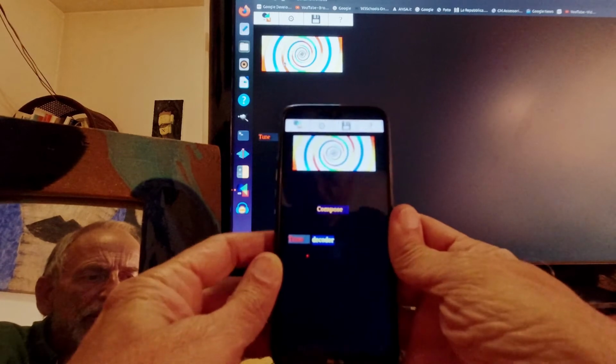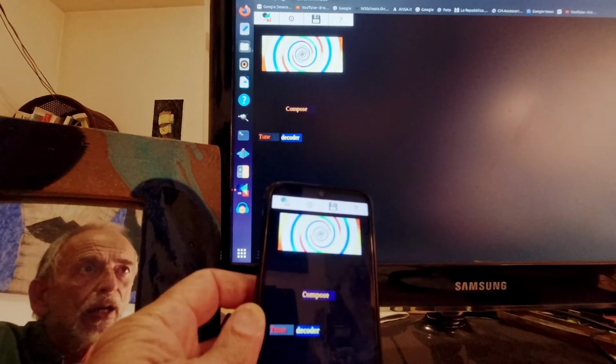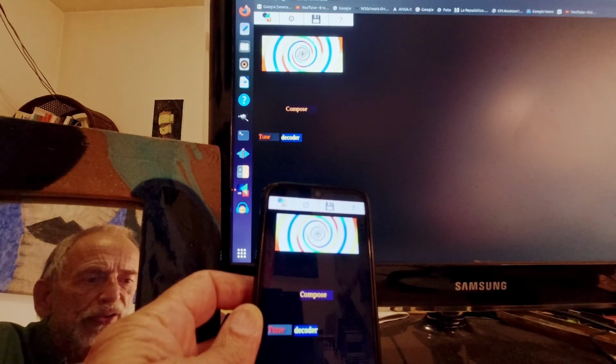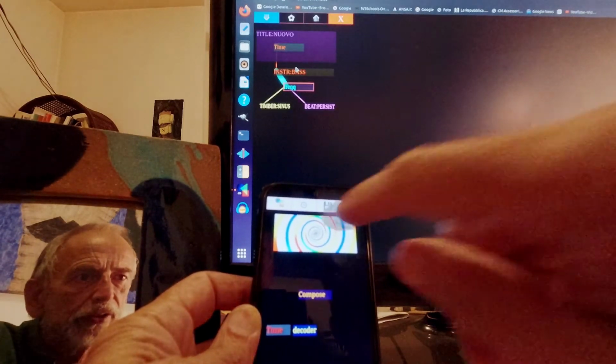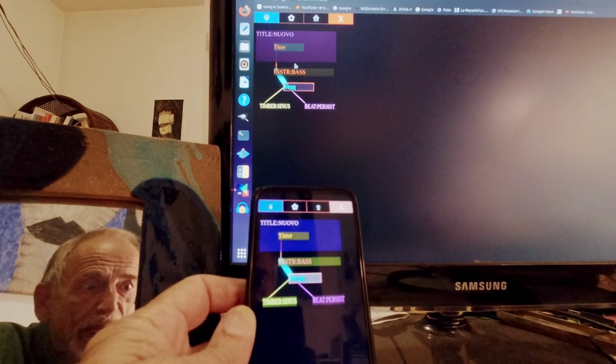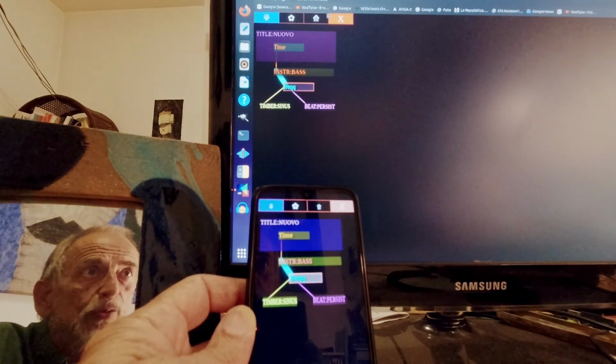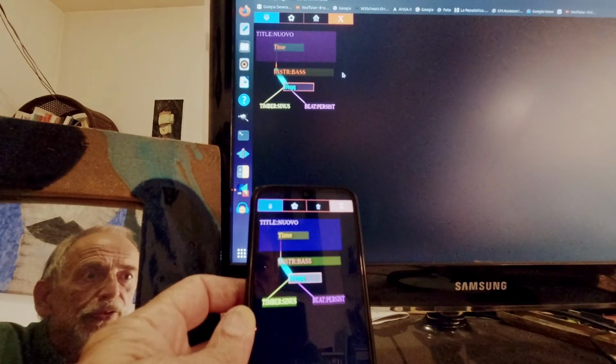Now, let's see what's going on inside the program. Where the spiral is represented, if you click, you get the database. The database has three selection tools here. Here you close.